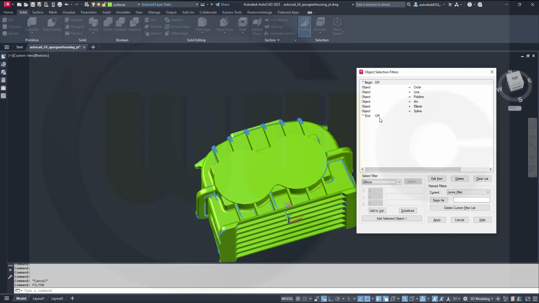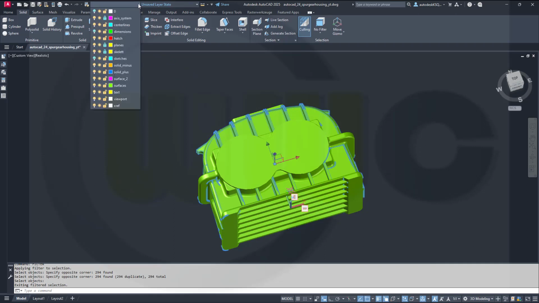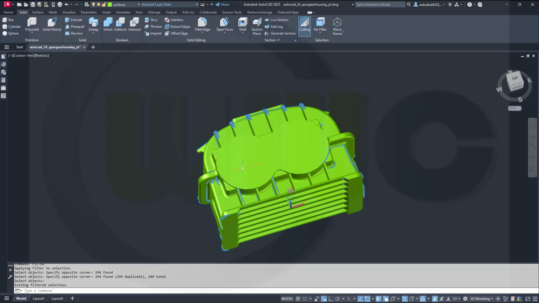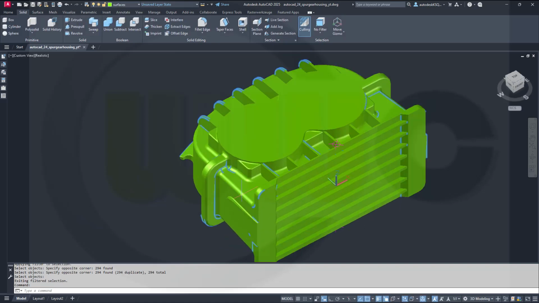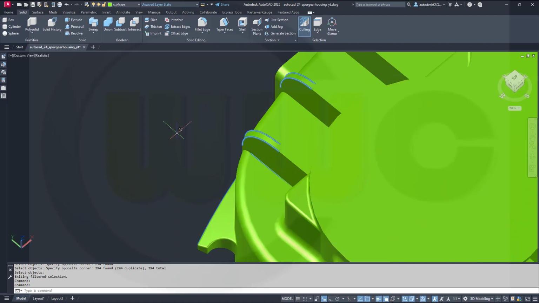And I have a video for filter already on my channel. And I gave this a name, it's a curve filter. I want to apply it. And so let's go here and select all possible curves which are here, right click and move them onto the maybe frozen layer because maybe I need them later on. So that's okay. And now I want to use that filter as well, so select the edge filter, and now let's try to make all those fillets. Fillet edge, right click, go for a radius of 1 millimeter